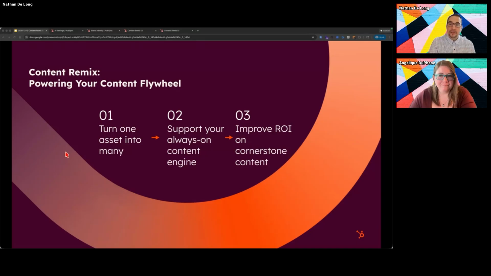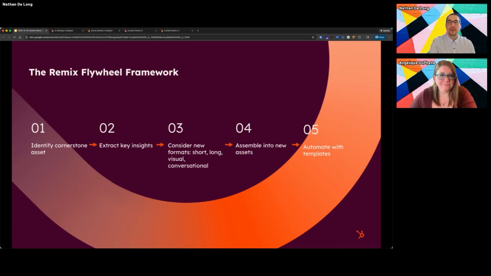So, talking a little bit about how we might think about building that framework, we're going to first identify that cornerstone asset. We can either pull something that we've done before, and again, it doesn't matter where it lives. It can certainly be something that's hosted on HubSpot. It can also be something that lives on an external URL.